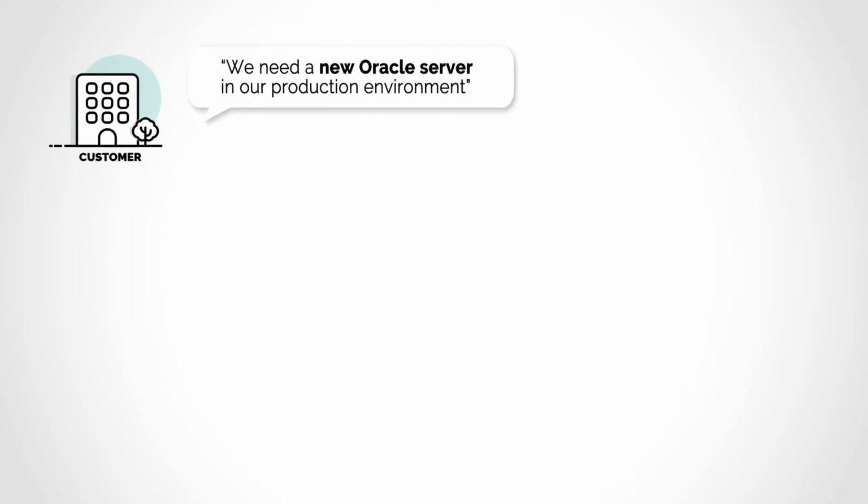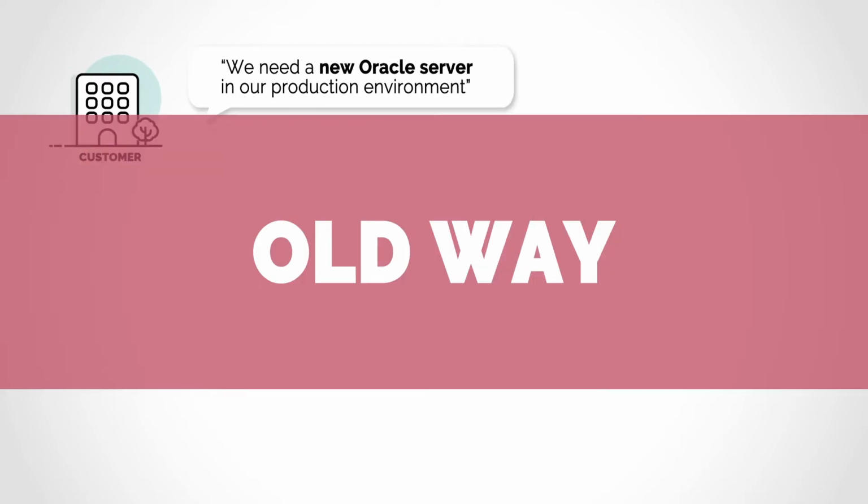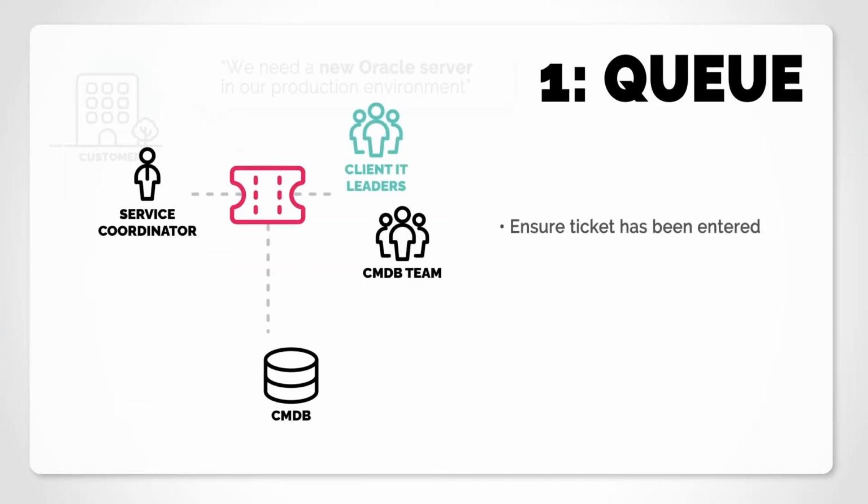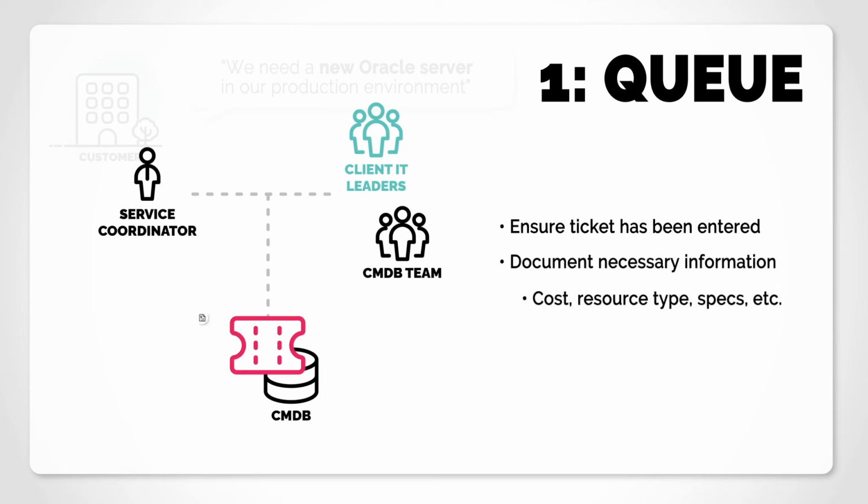In this example, a client has requested a new Oracle server in their production environment. A traditional workflow would look something like this. First, the service coordinator will work with the CMDB team and client IT leaders to ensure that a ticket has been entered and that proper steps have been taken to ensure all necessary information like cost, resource type, and other